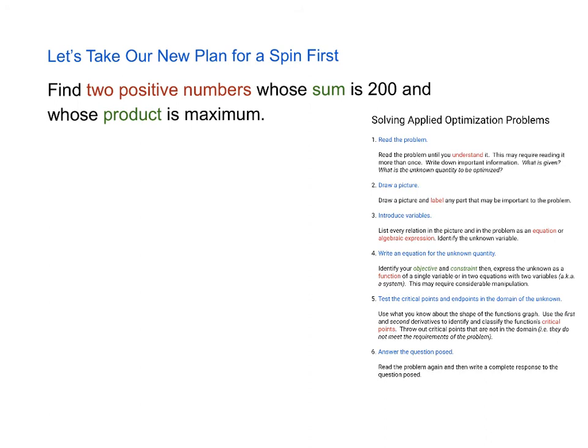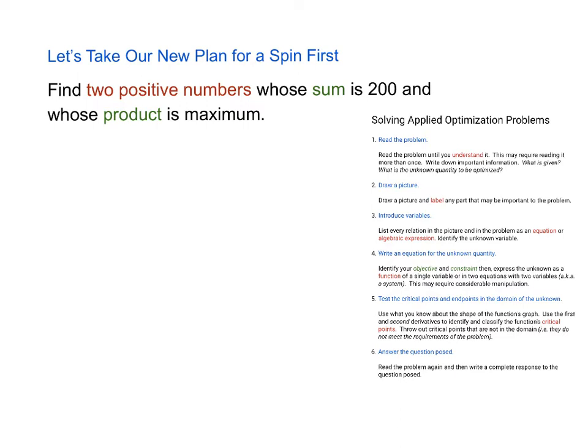This problem says find two positive numbers whose sum is 200 and whose product is maximum. So we just read the problem. Let's make sure we understand it. We've got two positive numbers. The sum is 200, and we're trying to maximize the product. Okay, we do not need to draw a